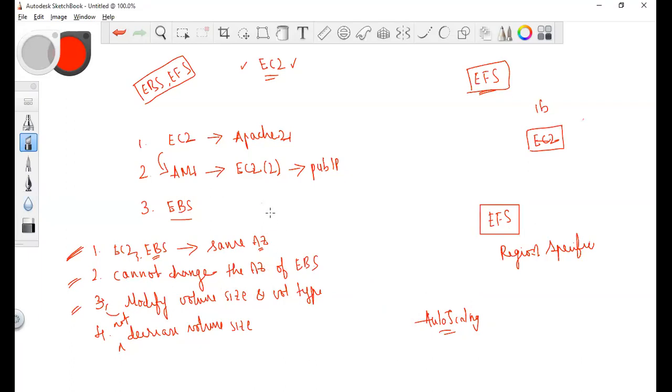Let's take in EBS, I have created a volume of 10 GB, but you have only 1 GB of actual data. You will be charged for 10 GB or 1 GB? Obviously 10 GB. You have created a volume. Whether you add data into it or not, it doesn't matter. You would be charged for 10 GB. But in EFS, it's not like that. You don't define any volume size. You just go and start building your data, and AWS will expand your volume size accordingly. If you have 1 KB, you'll be charged for 1 KB, or 123, whatever maybe the weird number, it will be charged only for that.